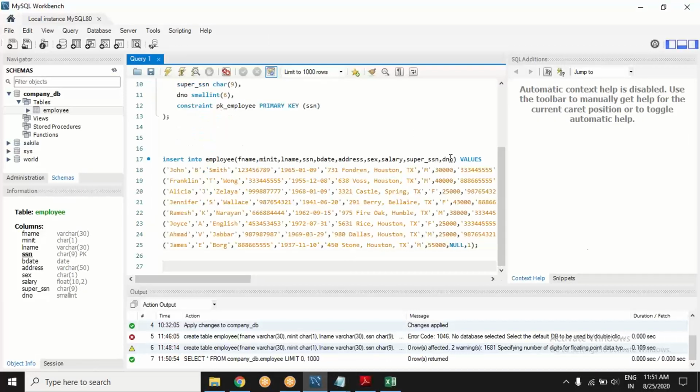Table is ready, and this is the way we will enter the data here in the chat box. Say copy and paste.